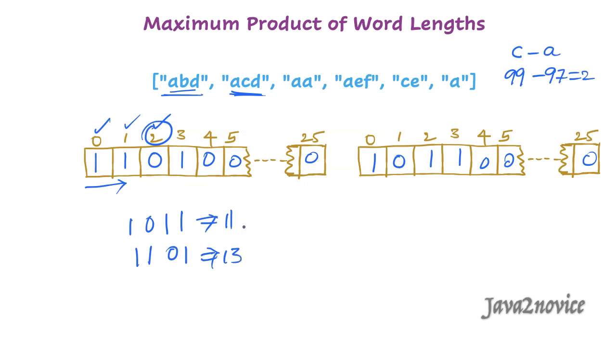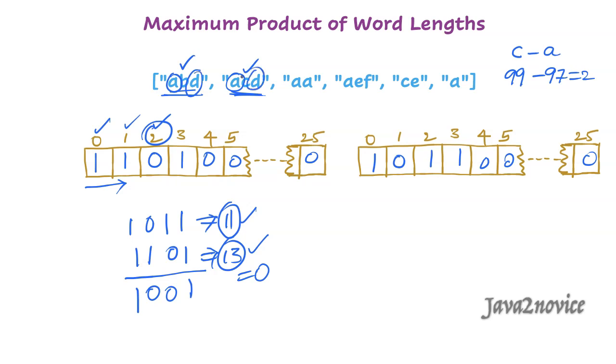Now we will apply the bitwise AND operation on these two numbers. If the resulting number is 0, then there are no common characters between these two strings. Rather than applying it on these two numbers, we will directly apply the bitwise AND operation on these binary numbers. 1, 1, 1, 1, 0, 0, 0, 1, 0, 1, 1, 1, which is not equal to 0. Which means these two strings have common characters between them. Actually, if you notice, it has A and D.